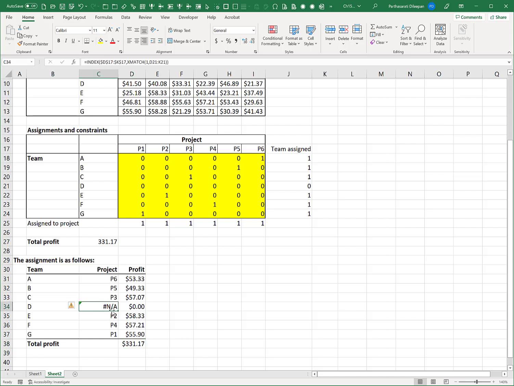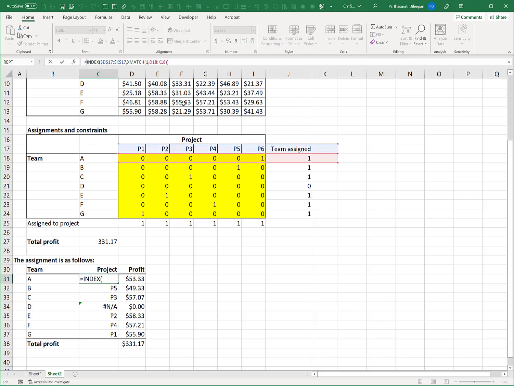Instead of the error #N/A, we can say IFERROR. So that's the formula normally, and if it's an error, then we can say